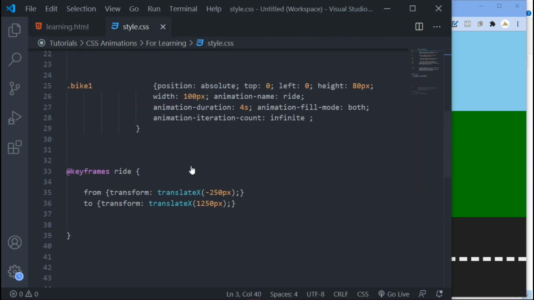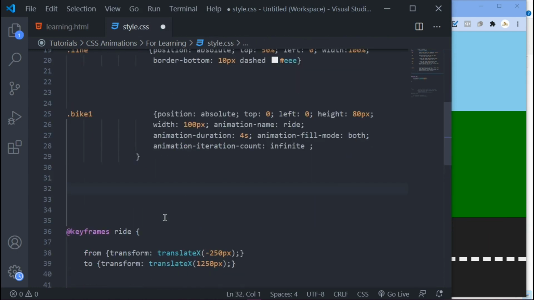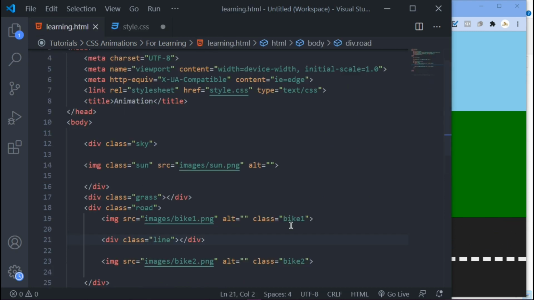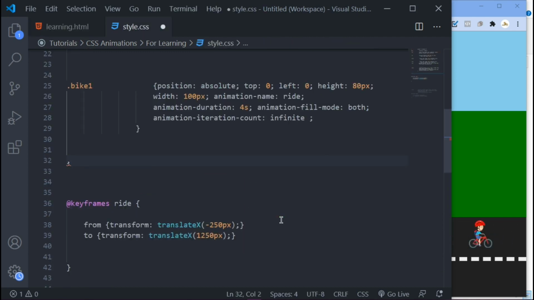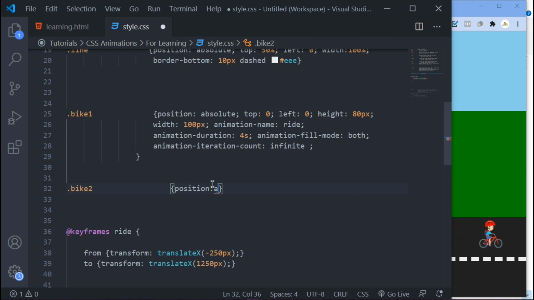So I want us to come into our CSS down here. We've got our class name of bike 2, here is our class name. So let's call it bike 2, and let's add some styling to that. Let's position it absolute, and then I want to add some margin to the bottom.